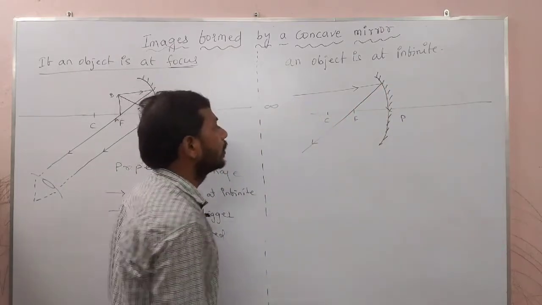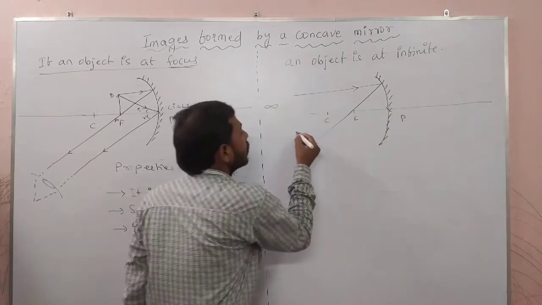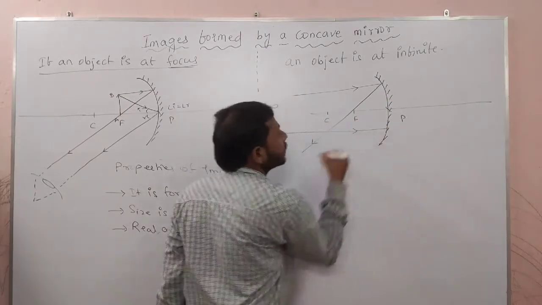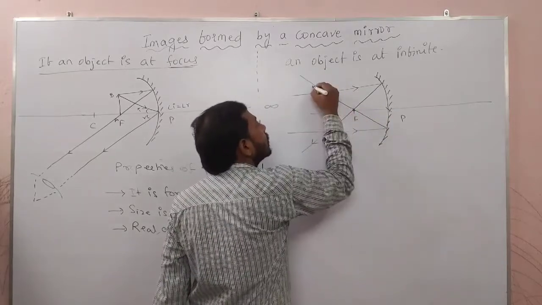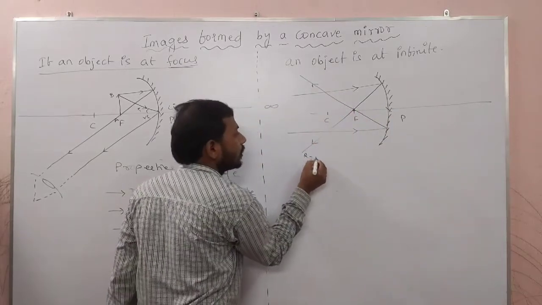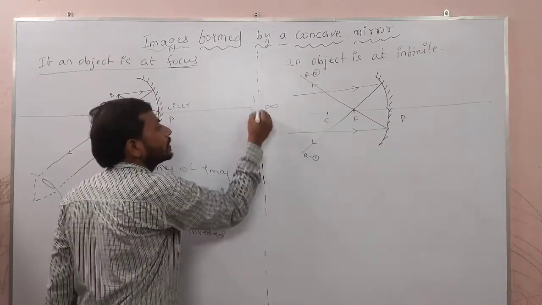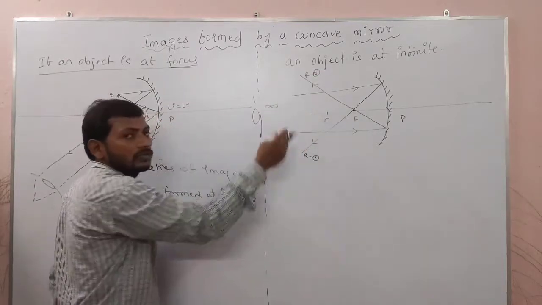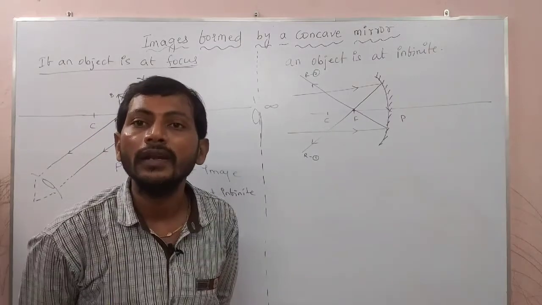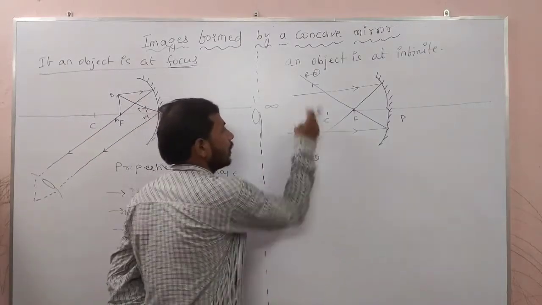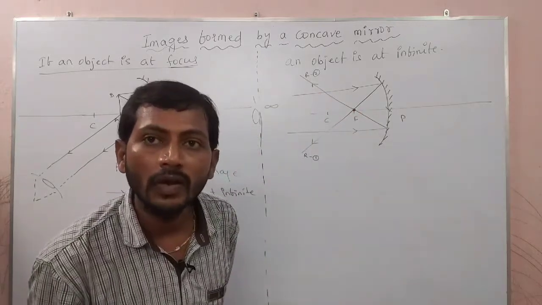Second ray you can take from the top, you can take from the bottom, no problem. I am going to take like this. This is the second incident ray. It is going to pass through the focus. This is the focus. This is the reflected ray 1. This is the reflected ray 2. For example, you kept your eyes here. It is also reached. When you are going to retrace, what is going to happen? Sir, this ray and this ray both are going to meet at this location. That is what, Nana? Focus.